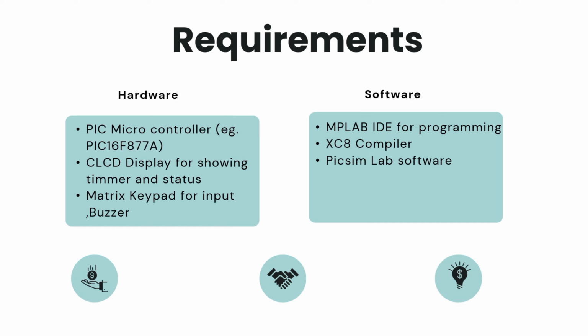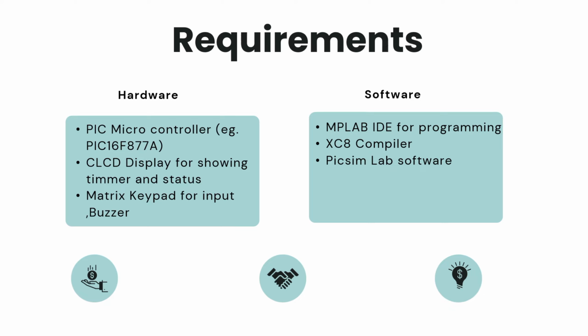Then the software requirements. For software, we use MPLAB IDE for writing and debugging the code. Then XC8 compiler for compiling embedded C code. PICSimLab for simulation and testing. PICSimLab helps us test the project without real hardware, making debugging easier. So now let us see each and every part in detail of software and hardware and what we have learned in software and hardware. So in software,